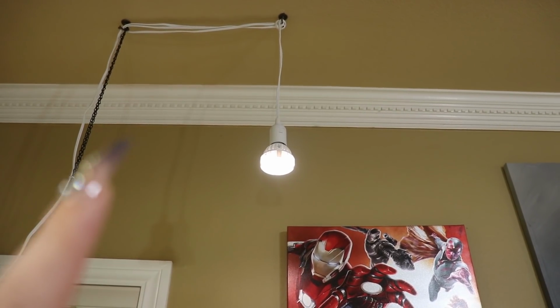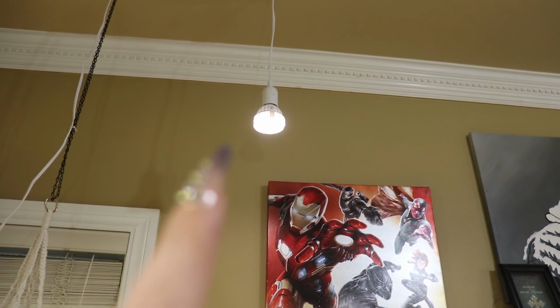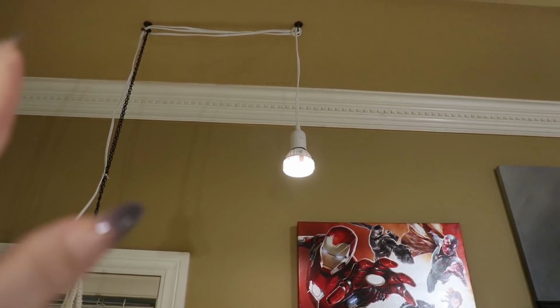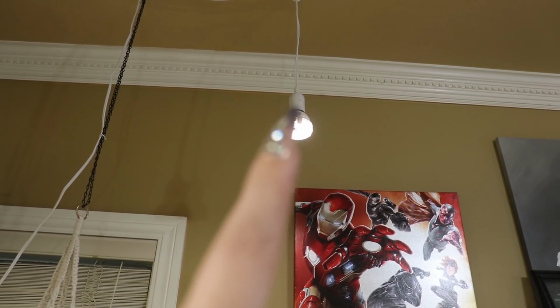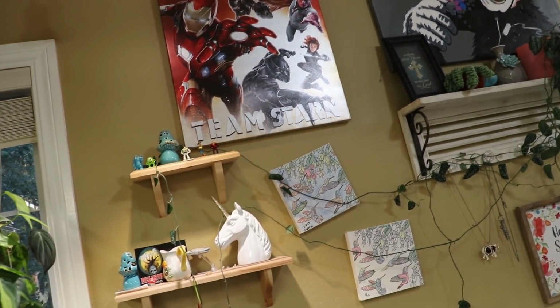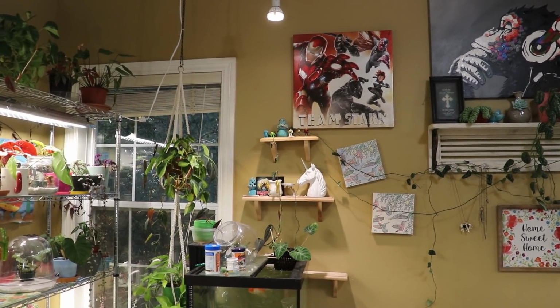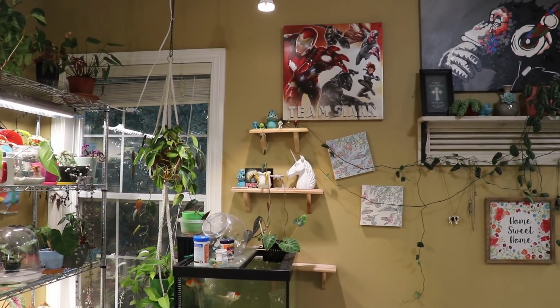This is a dupe for the Soltech Solutions light. Now, I'm sure you could get a fixture to go over the outside of this grow light right here to make it look just like a Soltech Solution light, but this is actually a Sansi light. I'll put a correction here if I'm wrong. That's a Sansi light, and it is, let me back up so you guys can see, we've got it pretty far up off of the fish tank here, and the varicosum that you see in the actual fish tank